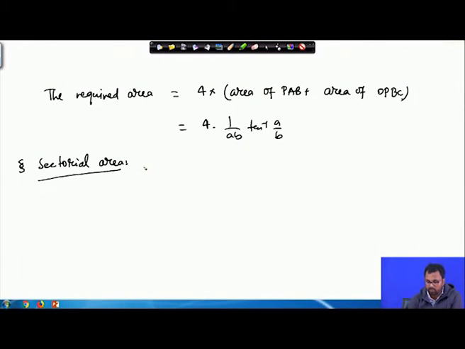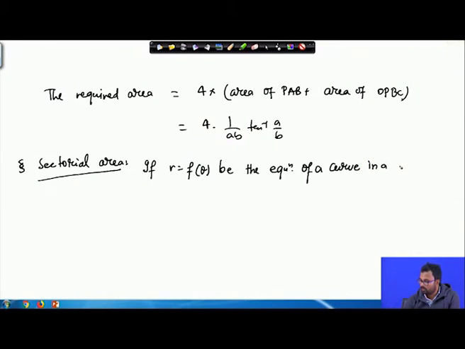So sectorial area means if r equals f theta be the equation of a curve in a polar coordinate system,